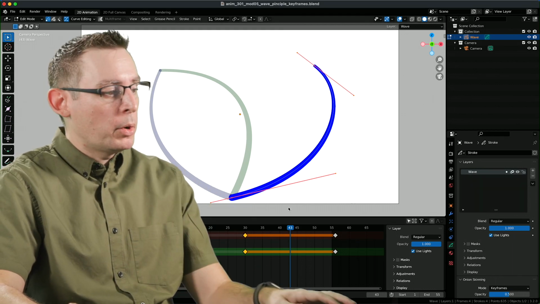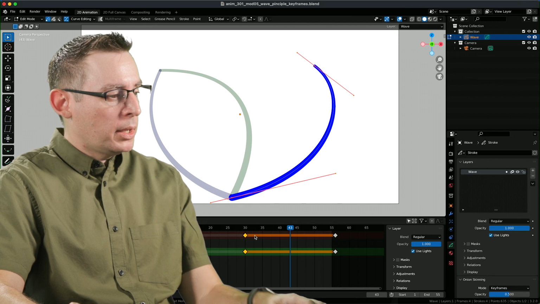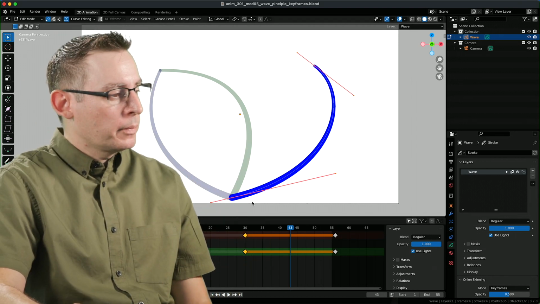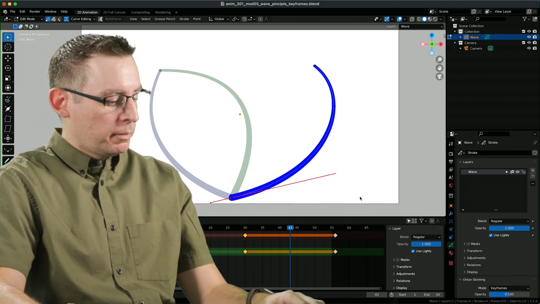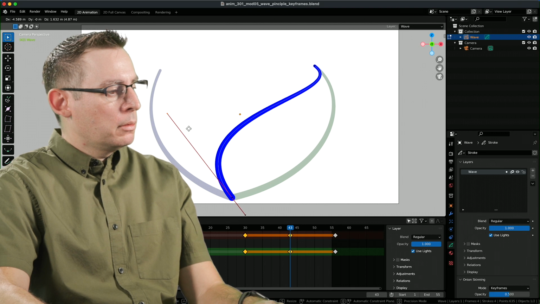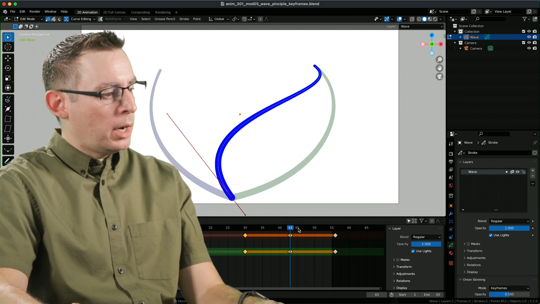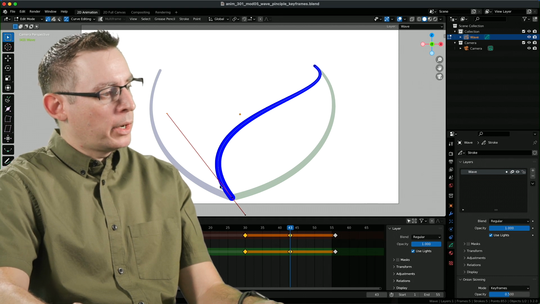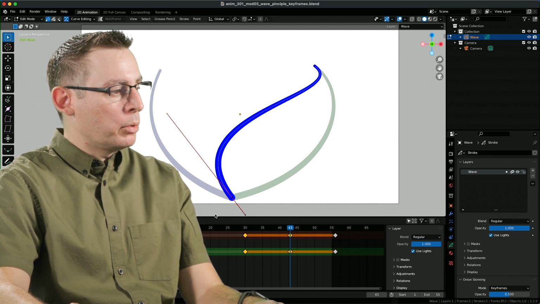So we always start with the motor. If this is the middle between the beginning of the return whip, if you will, let's figure out where the motor is going to be. And I'm just going to move this keyframe. Maybe something right around in there. Yeah, and I'm happy with that, because I can see the onion skin drawing over there. It's a pretty good pose at the motor, at the base.